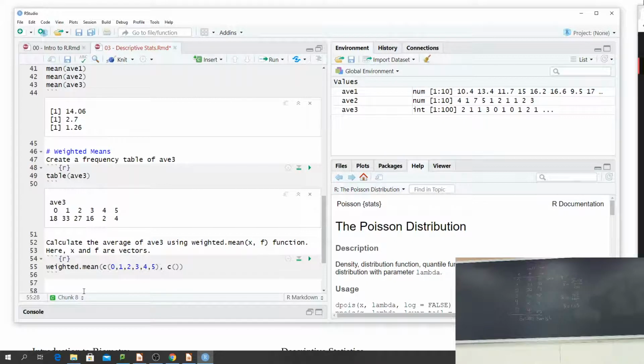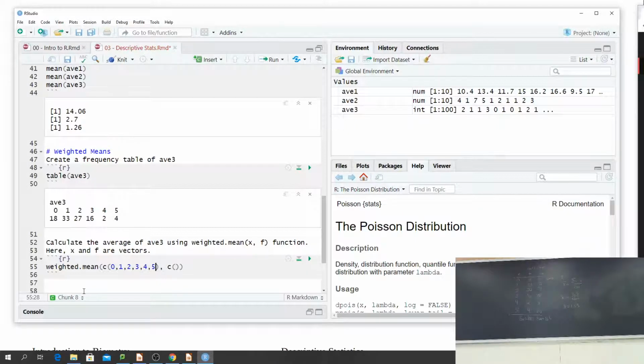Was there another easier way to do it, or was there another way to do it? Yeah, you can use 0:5 to represent 0 to 5. You can also use the sequence SEQ function to generate a sequence between two numbers based on the distances between them. We'll see some of that. But I think the easiest one for the small table is to do 0, 1, 2, 3, 4, and 5,